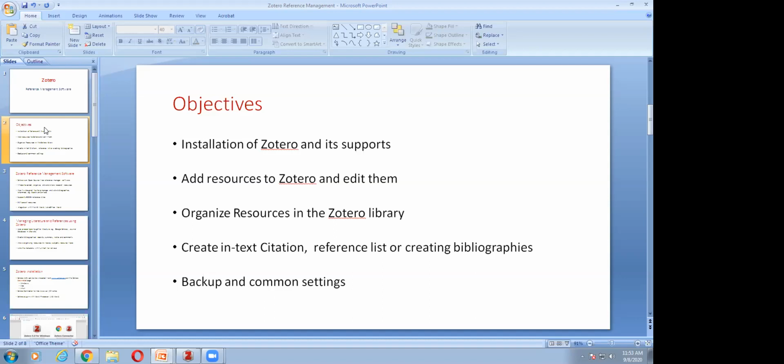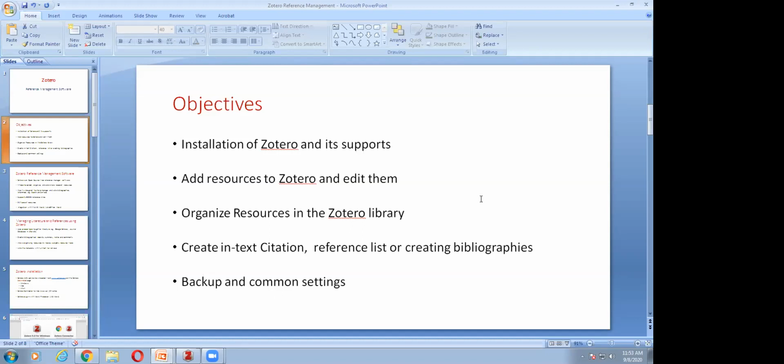It will also cover how the resources can be built up in Zotero using different resources like the internet, your own computer, and other ways.